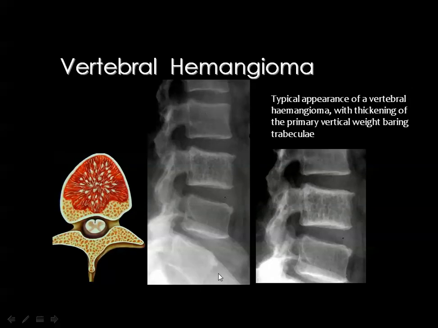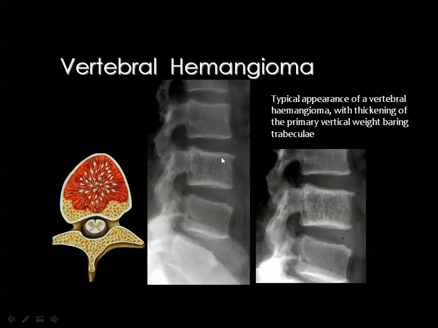The vertebral hemangioma is one of the common lesions seen in the spine after the introduction of MRI, and the classic appearance of hemangioma on the plain X-ray is what is known as vertical striations. This is the normal appearance of the vertebral body, and this vertebra is the seat of hemangioma, and you can see the